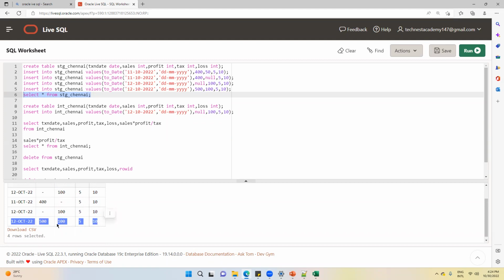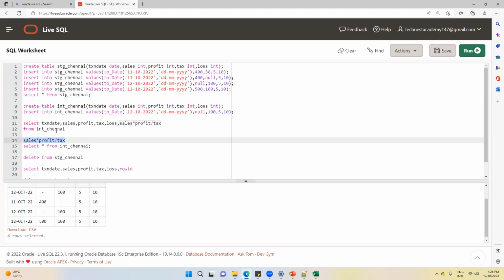Everything is fine. Now you will apply this formula on top of it in the integration layer. So that is why before passing the data to the integration layer, you have to check that all the data in staging is clean. Only then will you pass that to integration, because your main formula and logic will apply in the integration layer. If you're not cleaning it, you will apply this formula on incorrect numbers: null, zero, blank, negative, fraction. Got it? Is that clear?